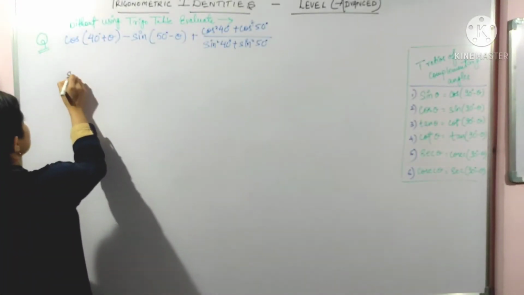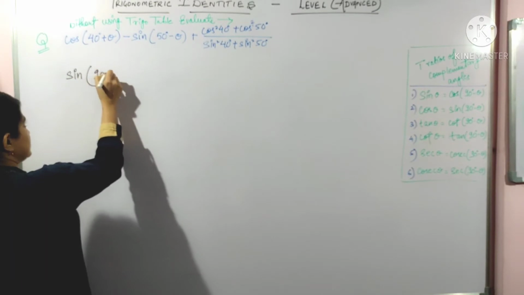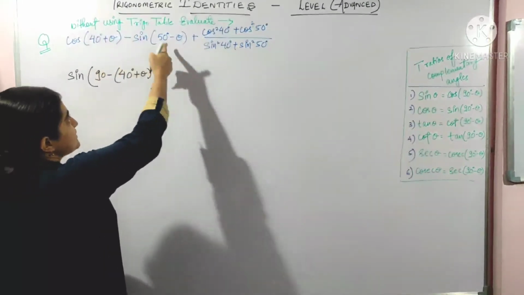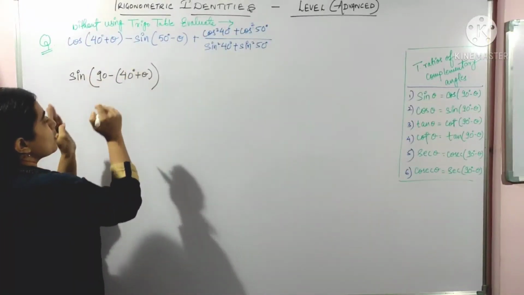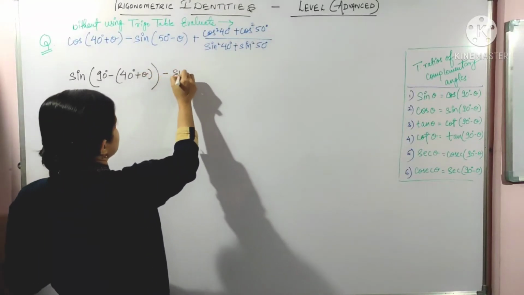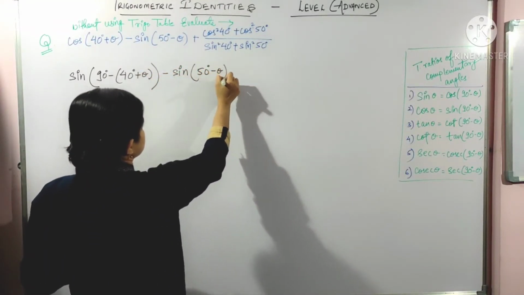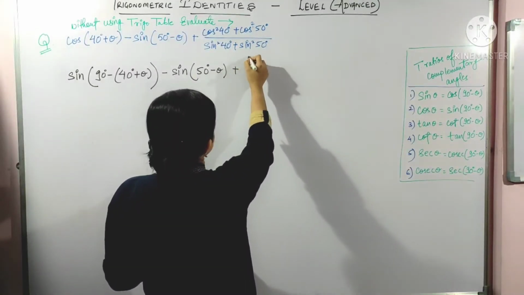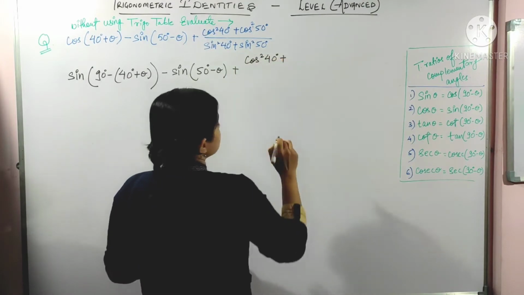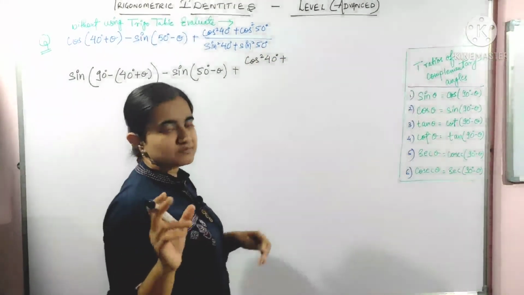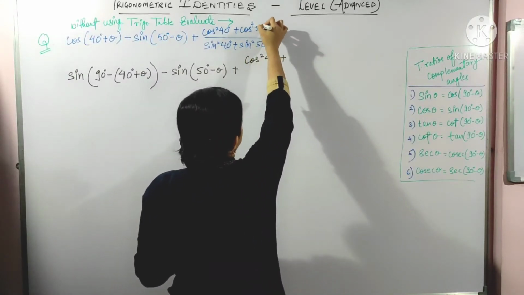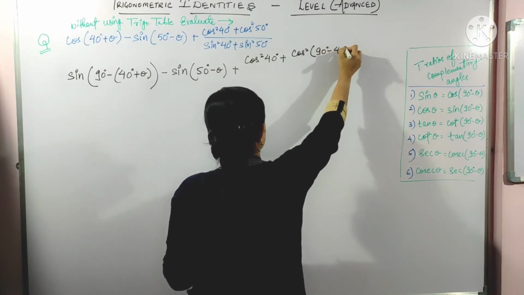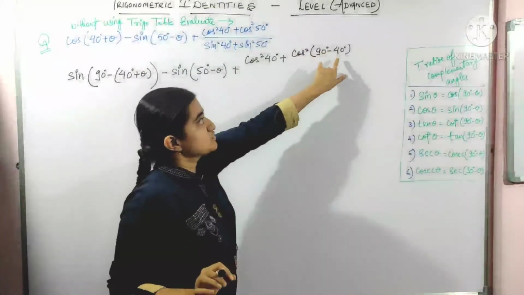Okay, so here we can write sin 90 minus 40 degree plus theta. Now why have I done this? Because we were not having a complementary angle here, so better we add a complementary angle here so that we can do it easily. Okay, sin 50 minus theta. Further you will understand why I took the complementary angle here. And in these types of questions you have to practice a lot, because these questions are purely based on practice. Evaluate type questions are based on practice. Okay, cos square 50, now we can write here cos square 90 degree minus 40 degree. I have written just 90 minus 40 in place of 50.